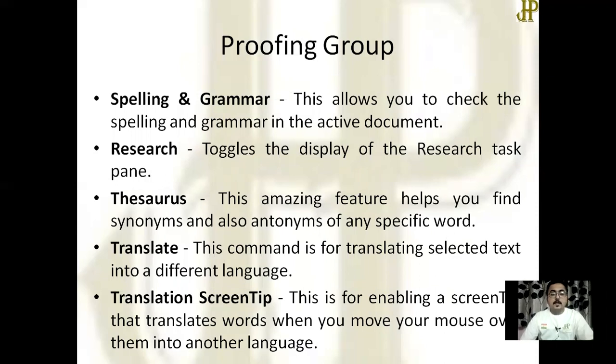Translate command is for translating selected text into a different language. Translation screen tip is for enabling tip information whenever we move our mouse over that element. This is the basic definition of each.